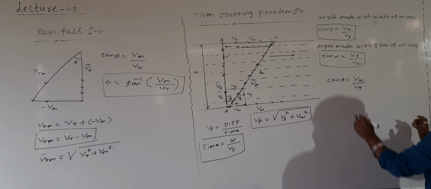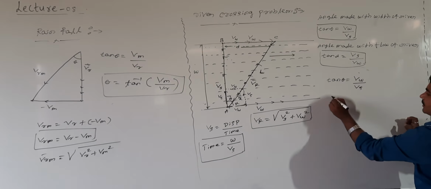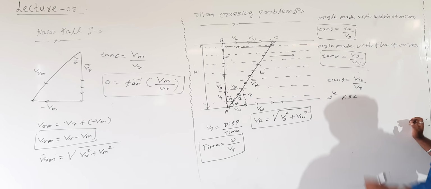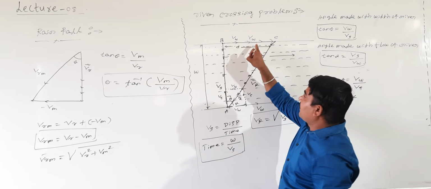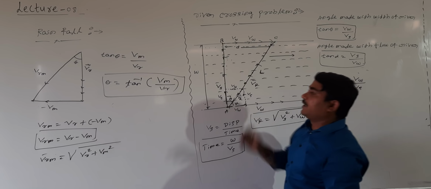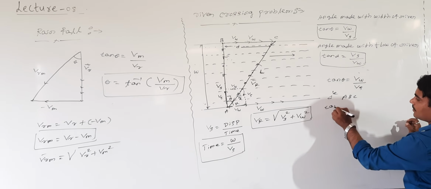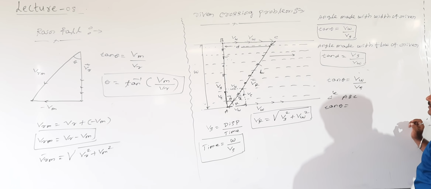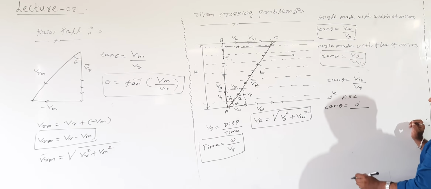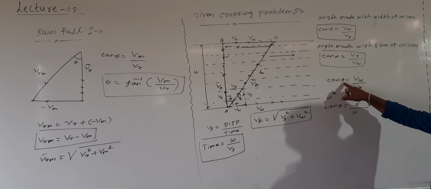Tan theta. From where? From the triangle I will take. In this case, triangle ABC I will take. Opposite is this much. Adjacent is what? Width here directly. Then tan theta, what is tan theta? Opposite equal to D, the drift of the person. Adjacent means width. Right? Here tan theta I am taking.